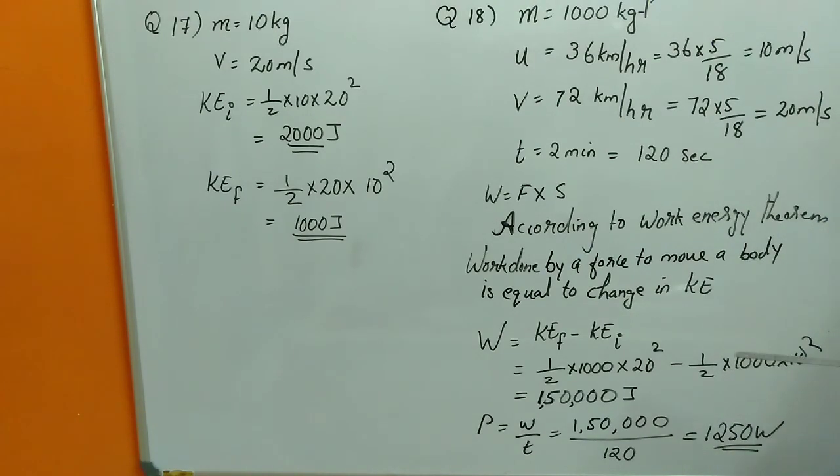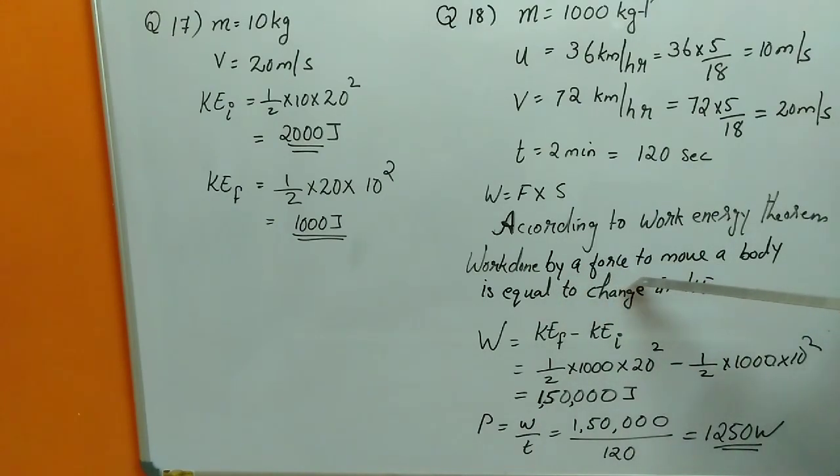If one of your friends pushes from behind, that means your friend is giving a force, then what will happen to the speed of your cycle? It will increase. That means its kinetic energy increases. So why does this increase in kinetic energy take place? Because your friend pushed from behind. So a force is applied which increases the kinetic energy. So that is the work energy theorem. According to the work energy theorem, the work done by the force, the friend is pushing you, so a force is applied. That force is equal to the change in kinetic energy.